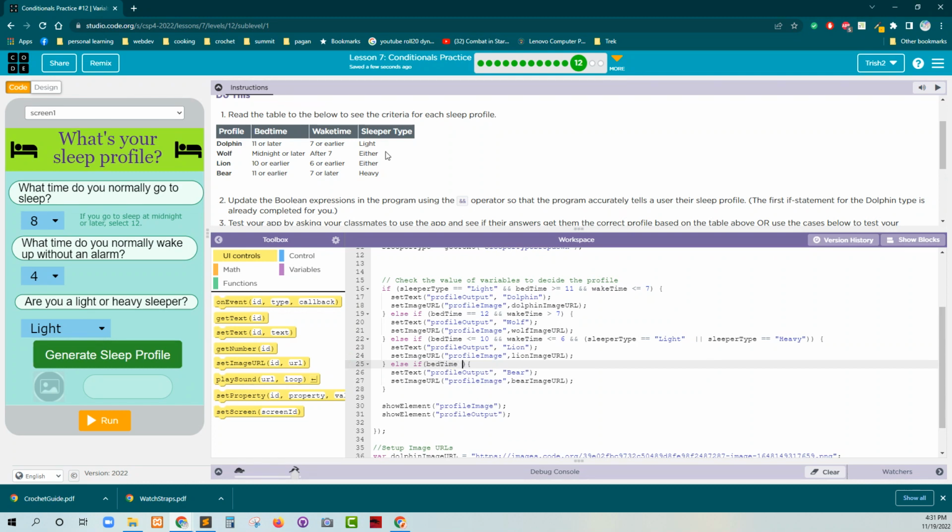So we could even say less than 12. And 7 or later is the wake time. So wake time could be just greater than 6, and